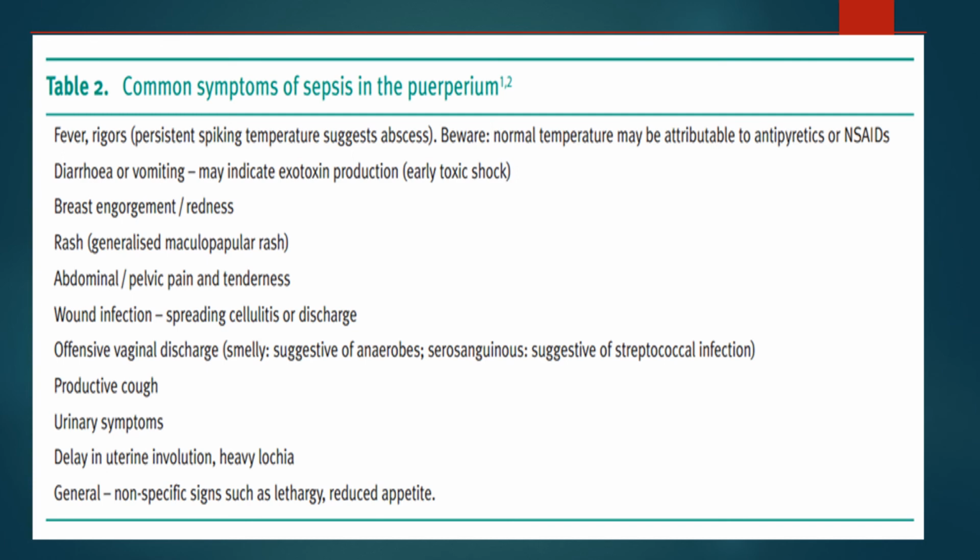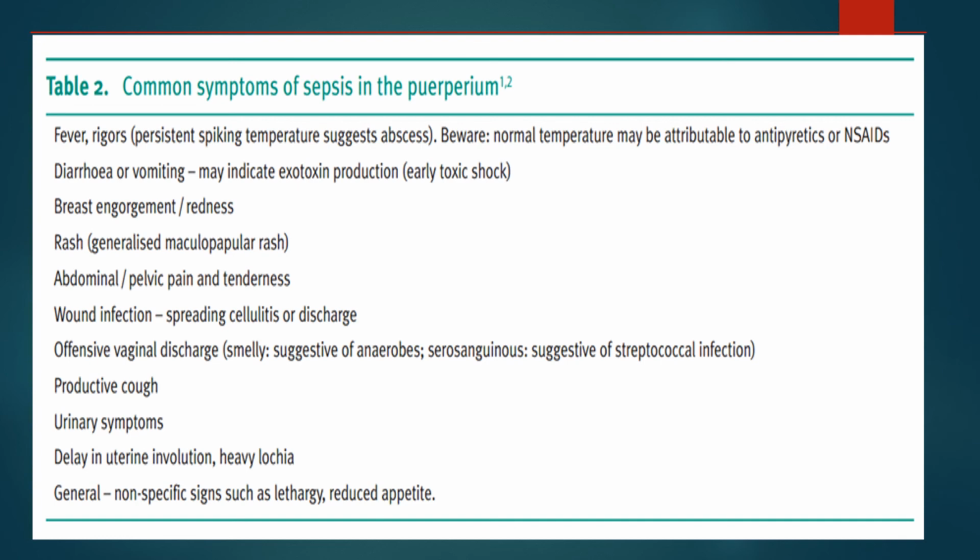Table number 2. Common symptoms of sepsis in the puerperium. Fever, rigors, persistent spiking temperature suggests abscess. Beware, normal temperature may be attributable to antipyretics or NSAIDs. Diarrhea or vomiting may indicate exotoxin production or early toxic shock. Breast engorgement or redness, rash, generalized maculopapular rash,